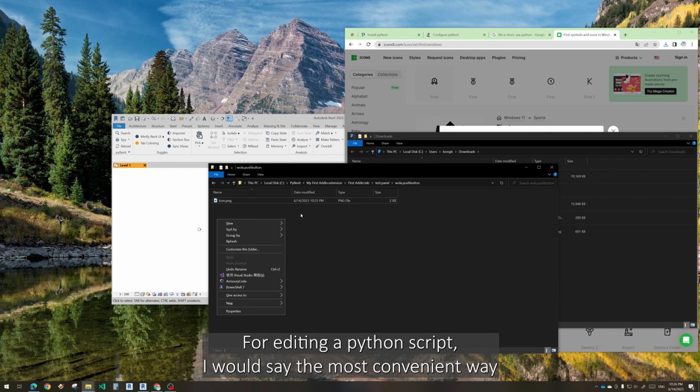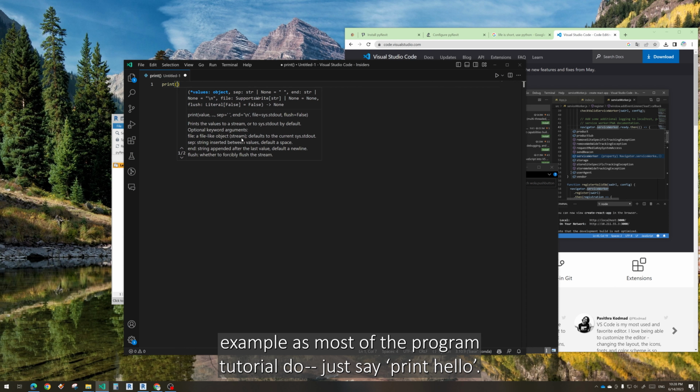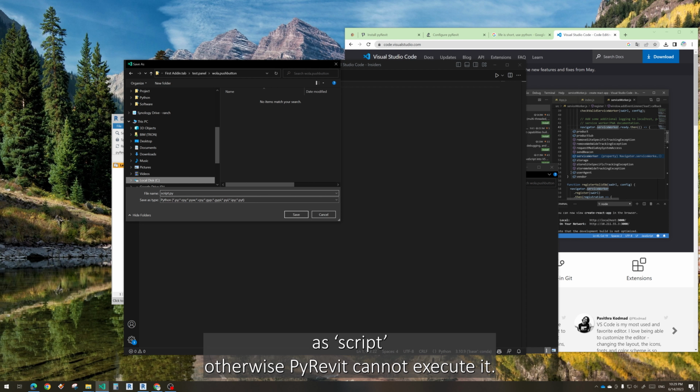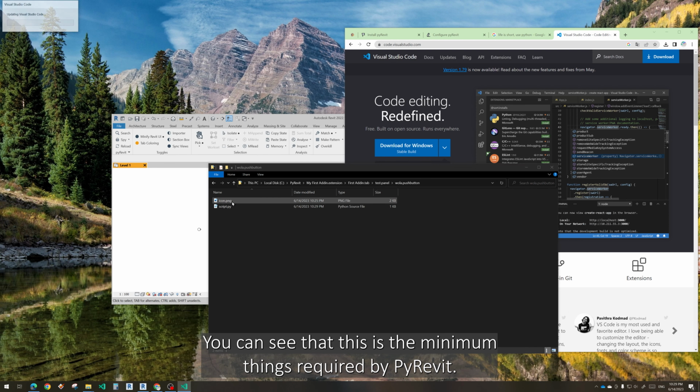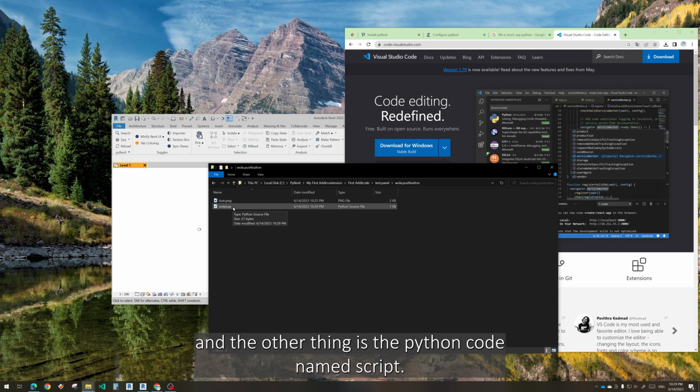For editing a Python script, I would say the most convenient way is to use Visual Studio Code. After you have opened Visual Studio Code, we make the simplest example, as most program tutorials do. Just say print hello world. Then we save this into the folder we created earlier, this voila folder, and then we give it the name. You must name it script, otherwise PyRevit cannot execute it. You can see that this is the minimum required by PyRevit: the icon, which is the picture showing the button function, and another thing is the Python code